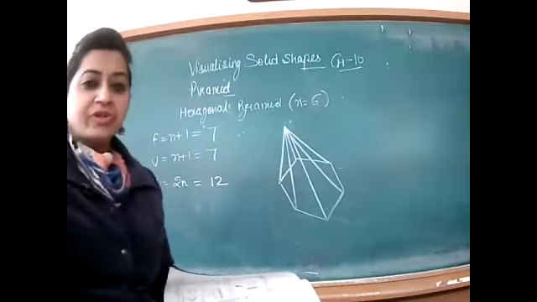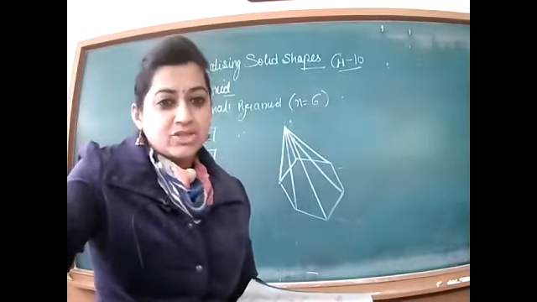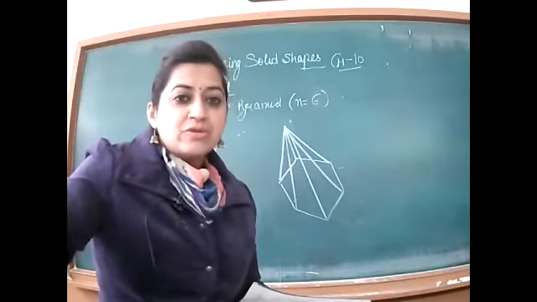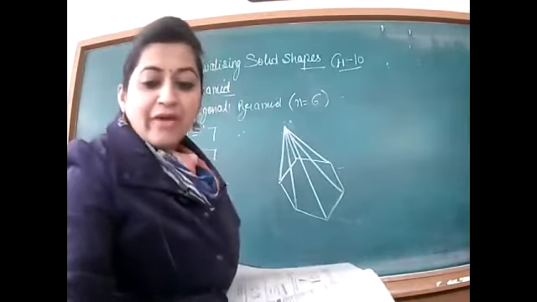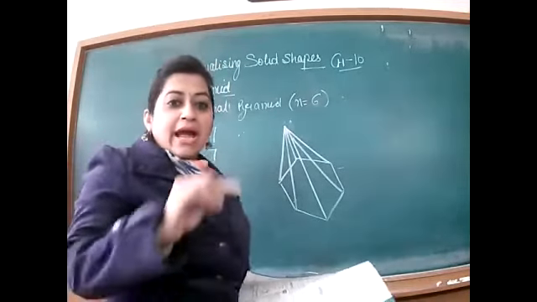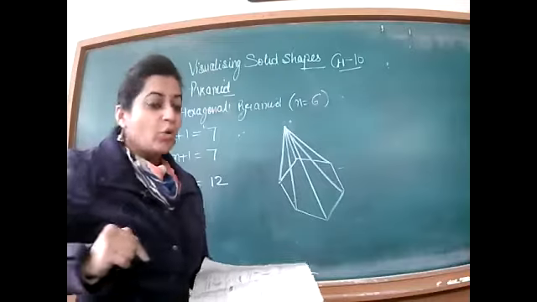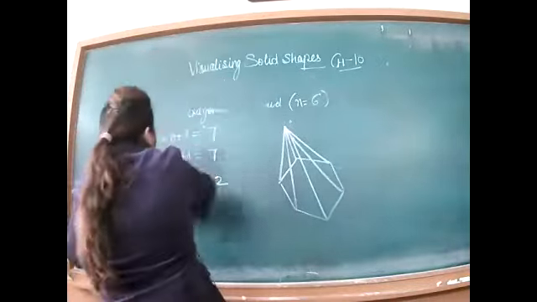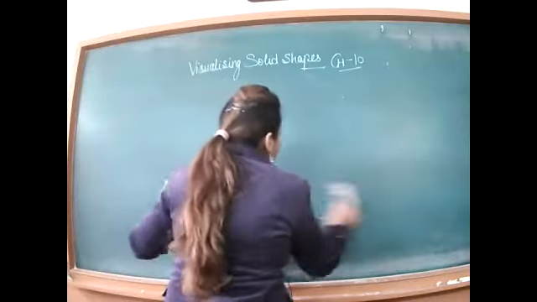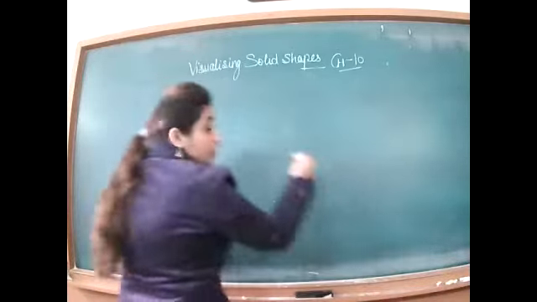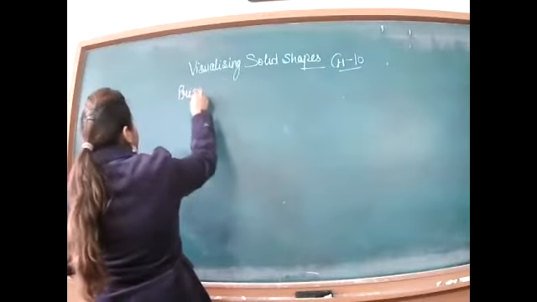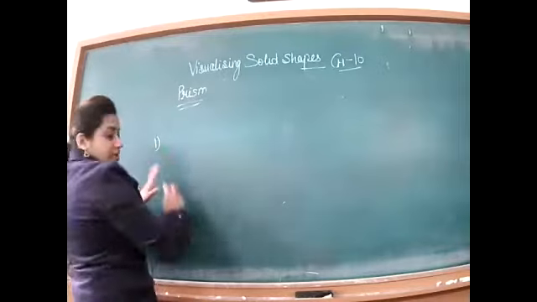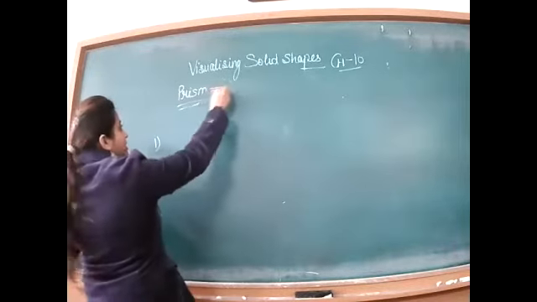Yes, okay. After this pyramid, we have one next topic, that is prism. Have you seen your pencil? If you have an unsharpened pencil, look at its upper face and lower face. Different types of pencils are coming in the market, and when you see the pencil from the top and from the bottom, you must have seen this. Firstly, we will discuss the prism, then you will start with the examples. We will write the definition as well.